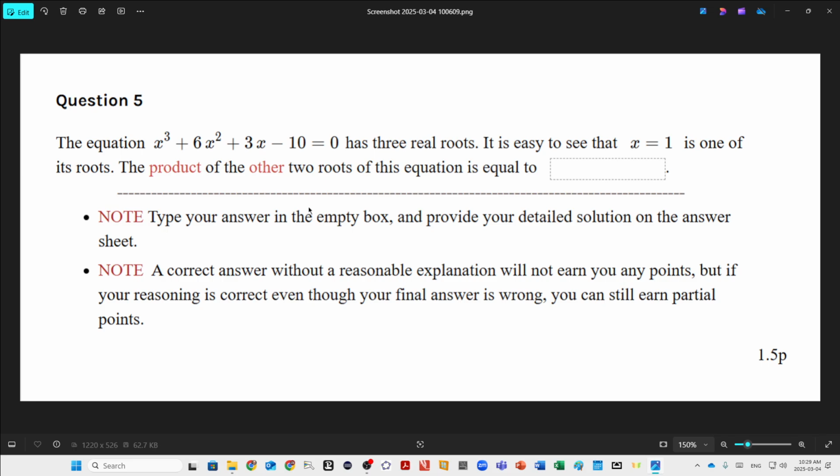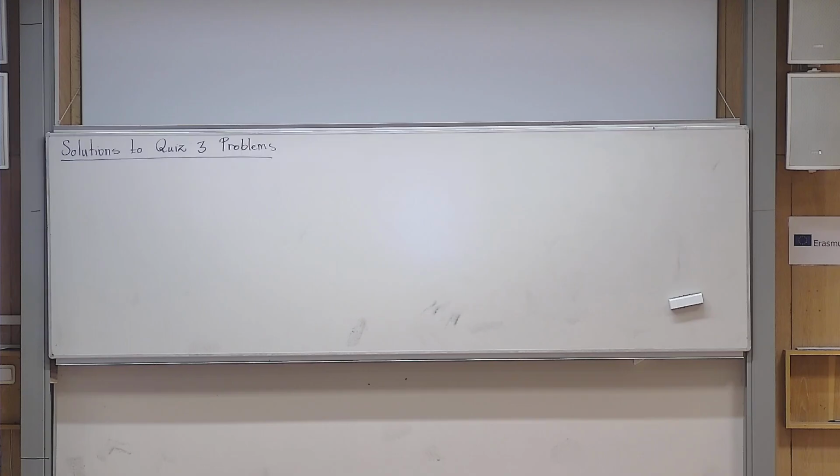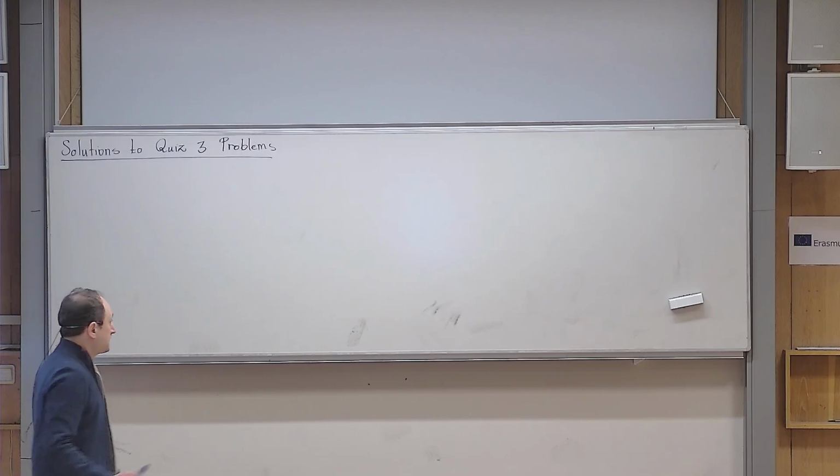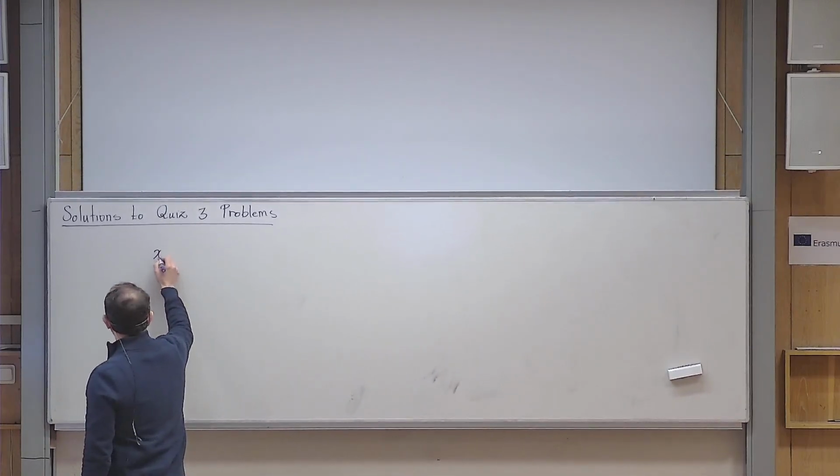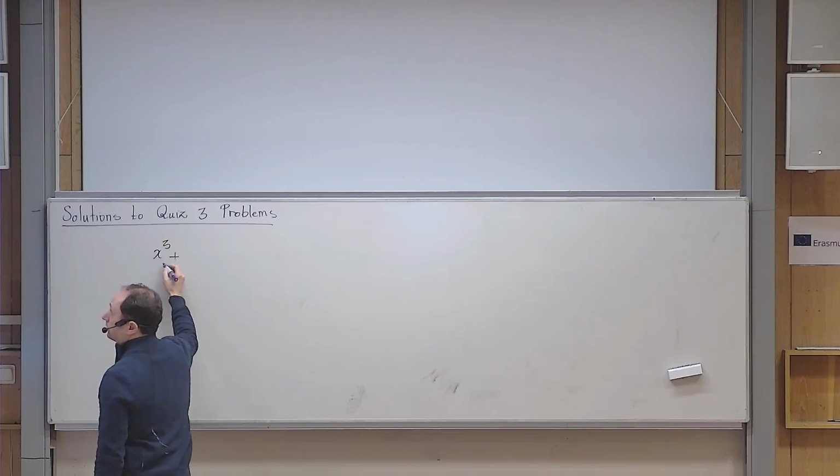So it means that you need to find the other 2 roots and then multiply them. Okay? So what we have to do is to do the long division. Do you remember? So that is one of the lessons that we practiced a lot. So when this equation is given to you, when we know this polynomial, x to the power of 3 plus